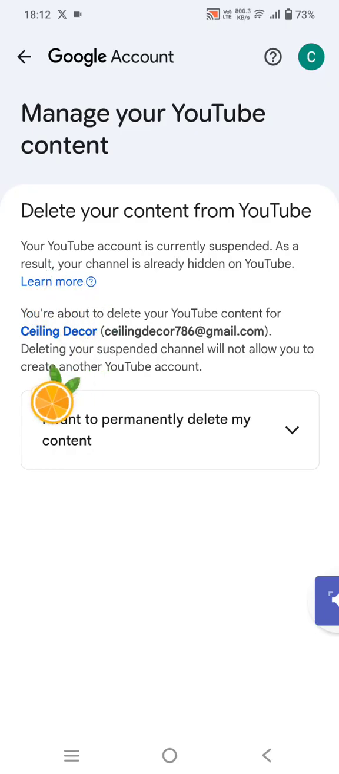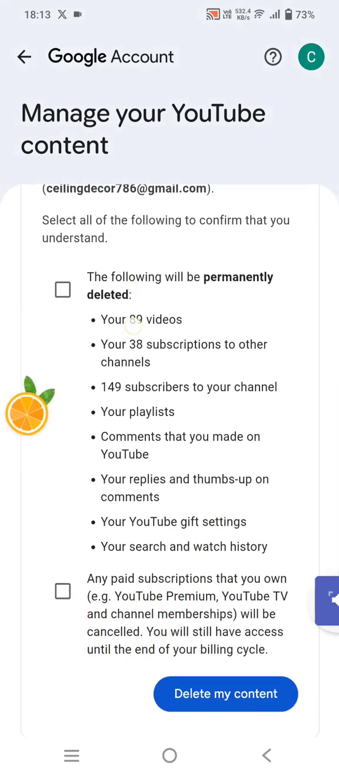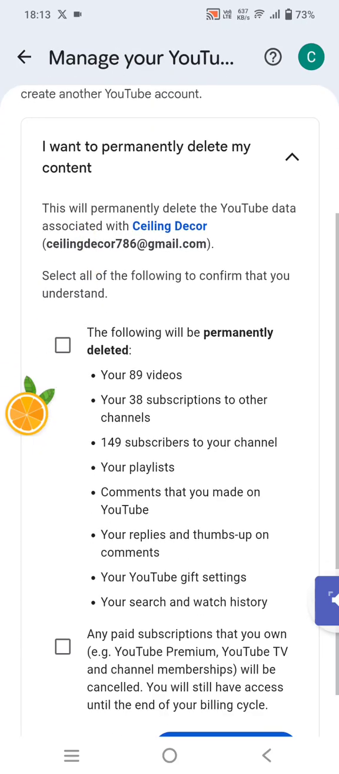Here you can see that if I delete my account, then I will not be able to create another one. It is already mentioned here because my account has been suspended and I cannot create a new one. As you can see, deleting your suspended channel will not allow you to create another YouTube account, so I delete it. Here you can see that this will permanently delete the YouTube data associated with ceiling